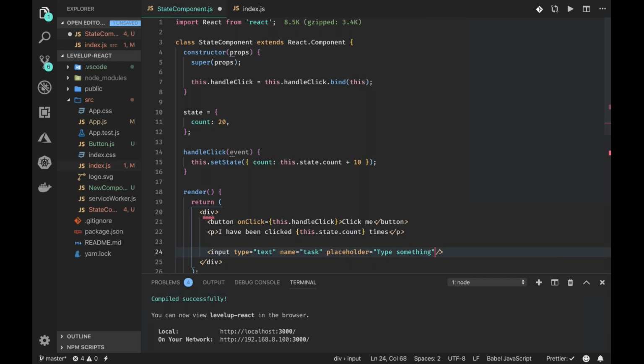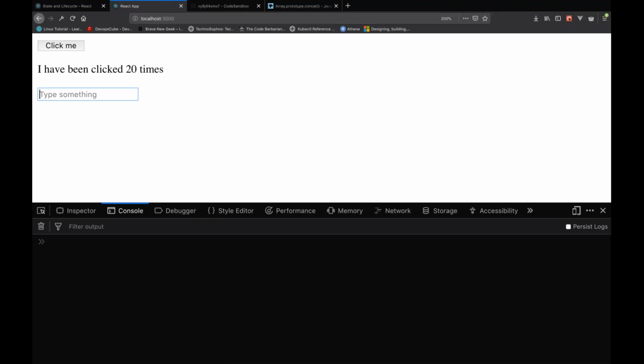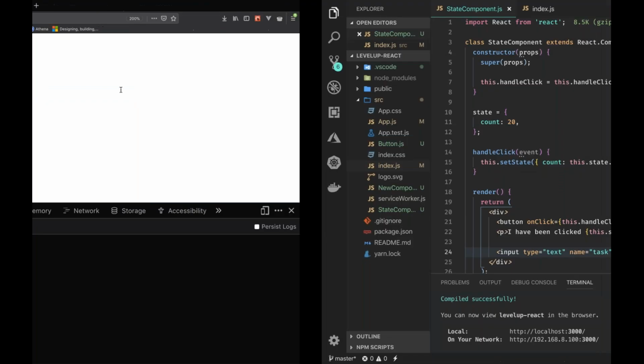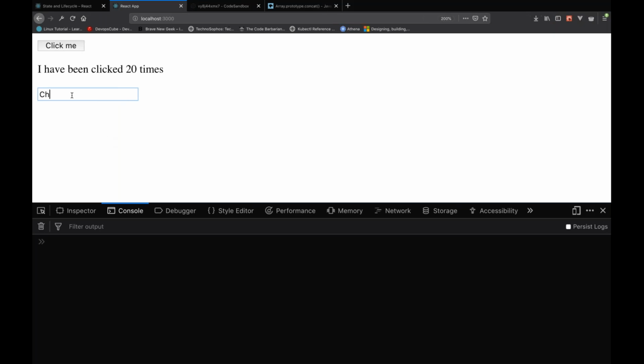All right. So we see a simple input element here, a regular HTML input element. When we type, we see whatever we type. So we have the regular HTML input element here. And what we want to do is an instance where